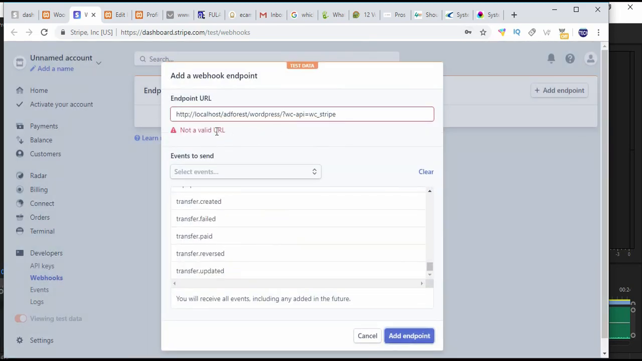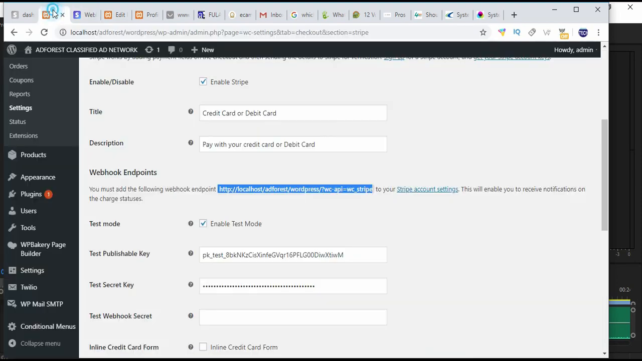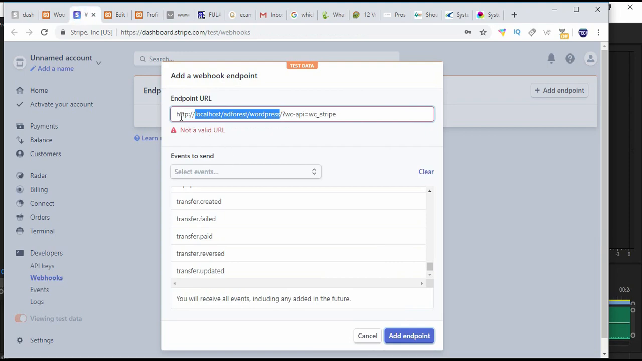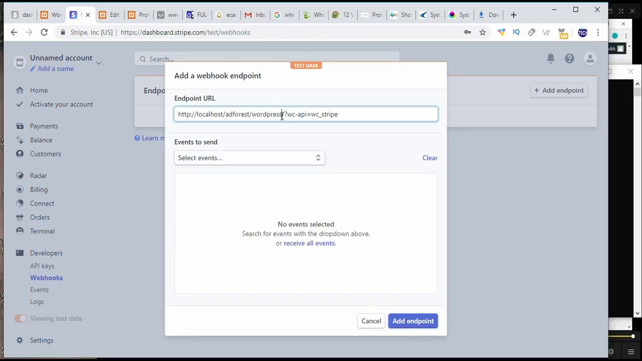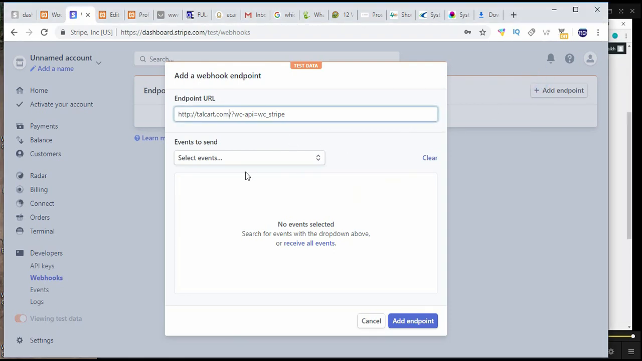Alright, I'm having an error here because I don't have a domain name, because I'm actually doing this on a localhost. So in your own case, you won't get this error because I believe you'll be working with a domain name and a live site. So for demonstration purpose, I'm going to edit my URL, inserting a real domain name. I replace it with this domain name and select receive all events,